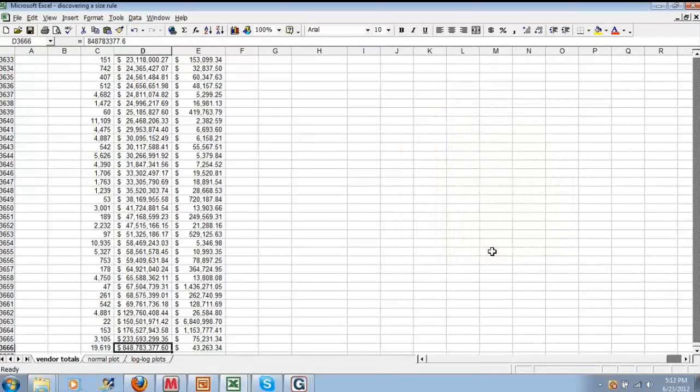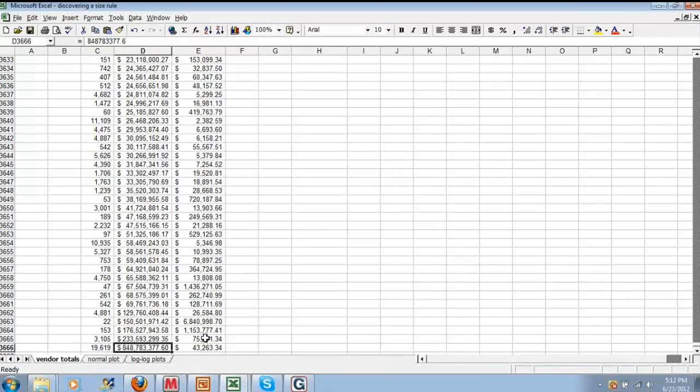What we've plotted here in these three columns: column C is the number of invoices submitted by a given vendor. Column B is the total dollar value for the year covered by those invoices.